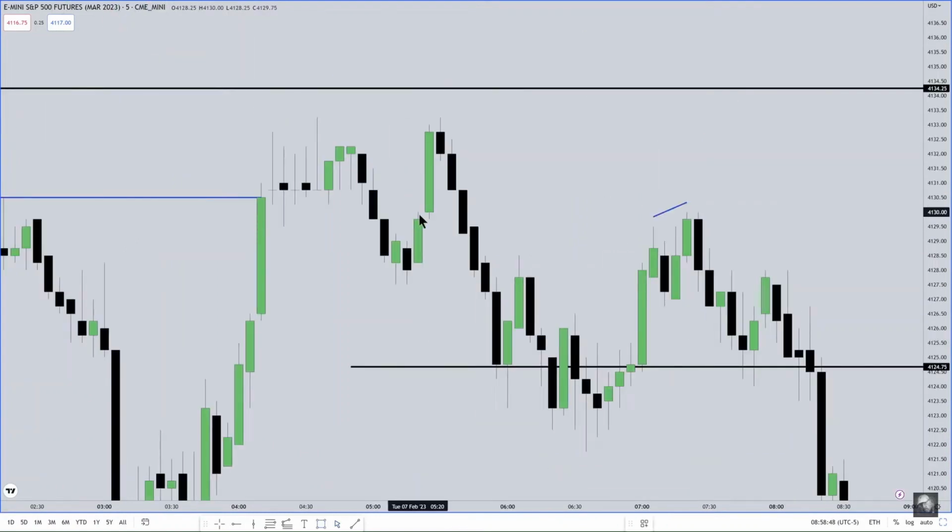There's a small little wick here and a small little wick right here. Whenever I'm looking at price, I'm looking for those types of things because that's a signature. That's a little glitch in the matrix. Think of it like that. So if you take that